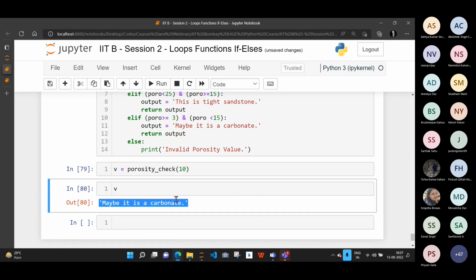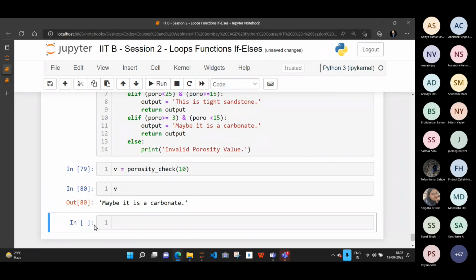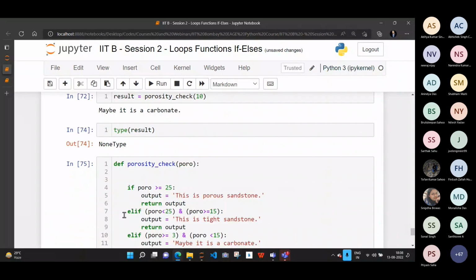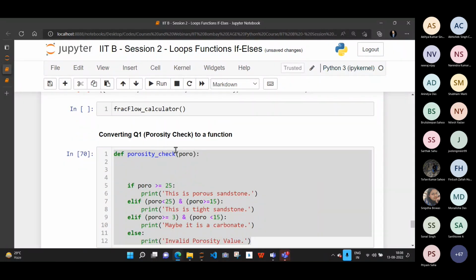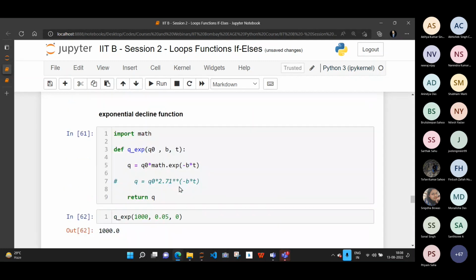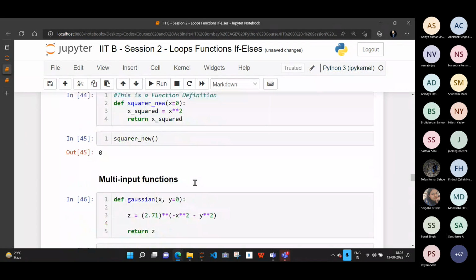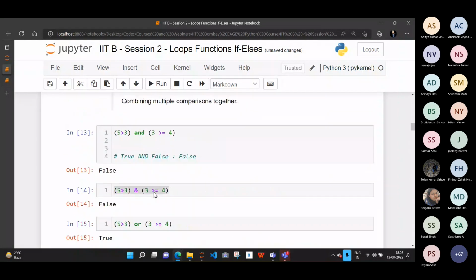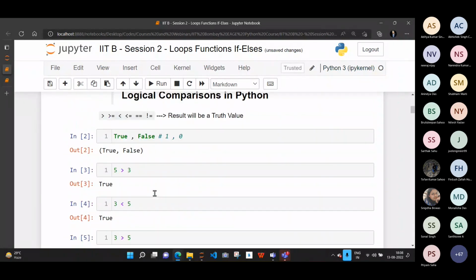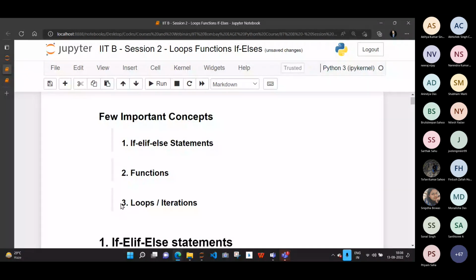So is this very clear? If it is clear, type yes in the chat so that we can move on to the final topic for this session, which is the very important iterative power of computers, for loops. I want 3 to 4 yeses or thumbs up so that we move forward. That's like my motivation. All right. Final topic for today is